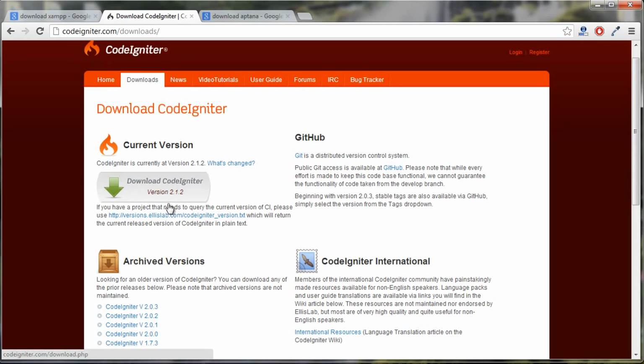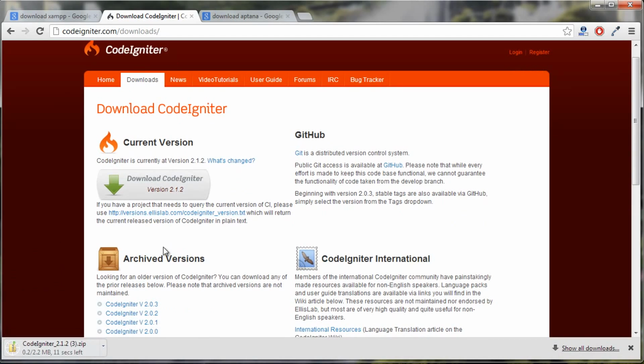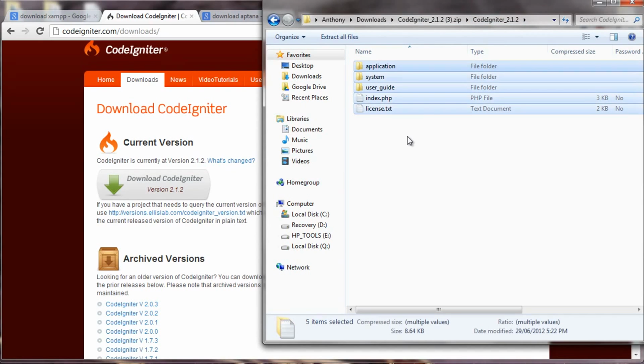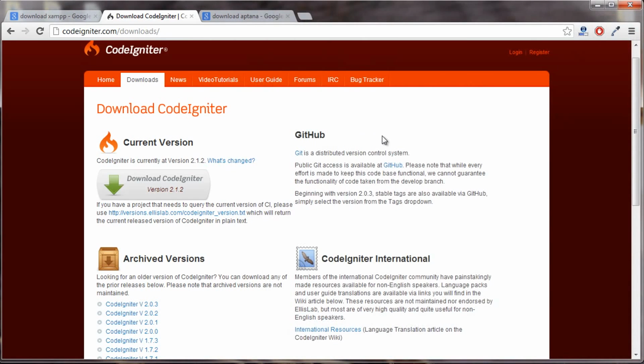At the time of this recording it's version 2.1.2, but if you are seeing a different version, that doesn't matter, just download it. And we can see that it is 2.2 megabytes large. So CodeIgniter has a smaller footprint than a lot of other frameworks like Pear or whatnot. I'll double click here and I'll double click that, and once I'm inside the zip here I'm going to push Control A and then Control C to copy all of those. I'm going to close this, and then I'm going to